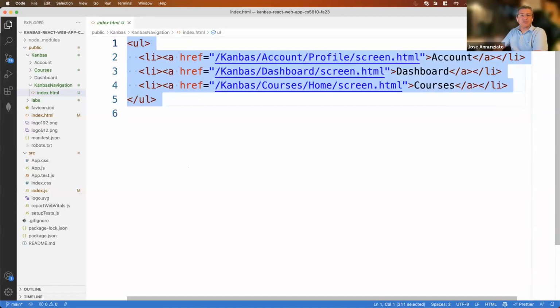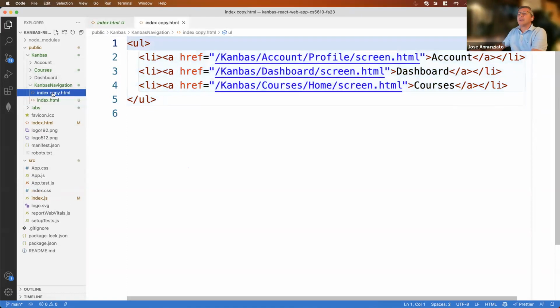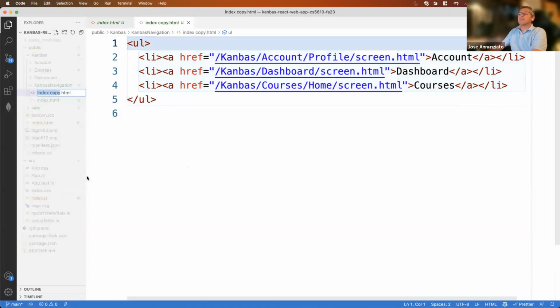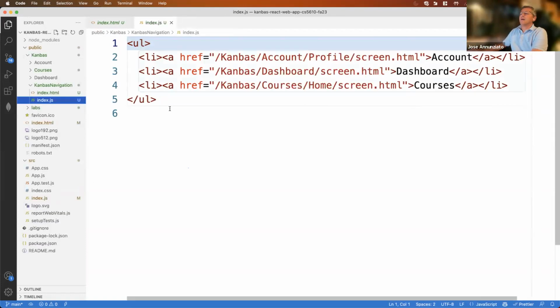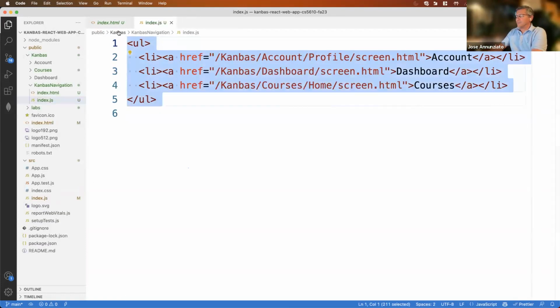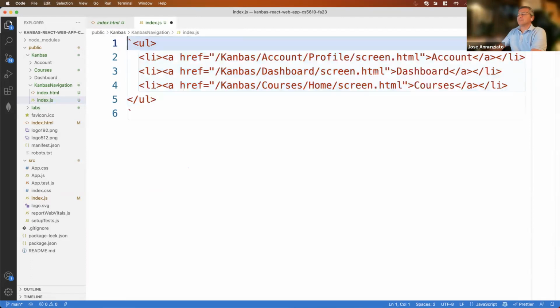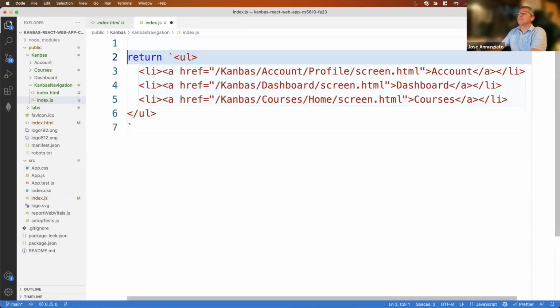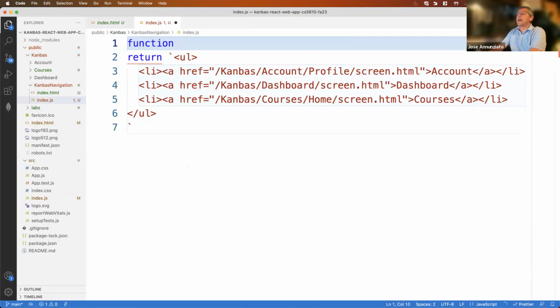convert these HTML documents into JavaScript. You're going to be able to copy this HTML, for instance, and create a JavaScript out of it. We're going to be able to do something like this. Convert this into JavaScript. Make this into a component. Maybe make a return out of this. Put a function around it. Just wrap this with